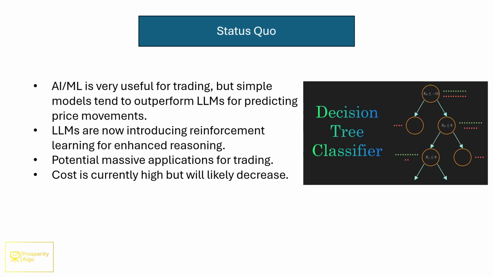That being said, there's been a lot of talk about the use of reinforcement learning for trading. Reinforcement learning essentially allows an agent to learn from its mistakes and get better at performing a particular task. This would be like a self-driving car. And I'm sure it doesn't take too much of a stretch to think that this could have potentially enormous applications for trading. And because we're seeing that this new generation of LLMs is starting to learn this type of system, potentially they'll be able to overtake a lot of the more simplistic models which work super well today when it comes to actually predicting price.